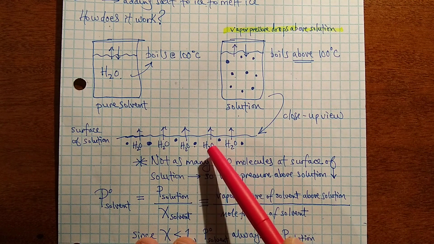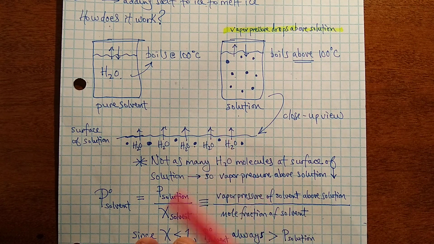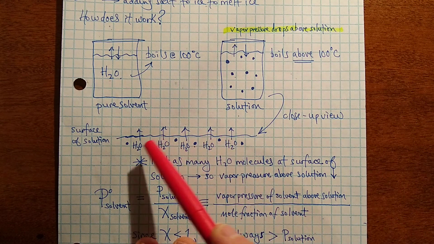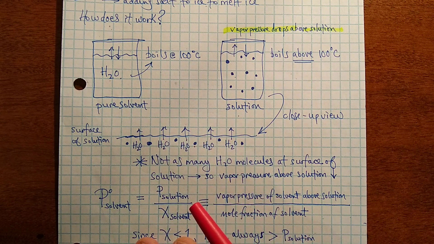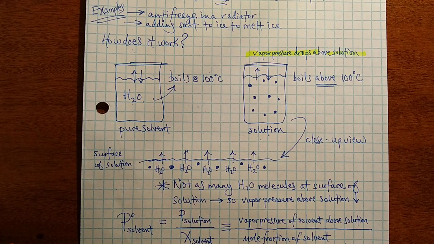It's going to take more energy to push those out of the liquid state into the gas state. So the boiling point is going to go up because these blue dots represented by solute particles are in the way. They're not letting the water molecules evaporate as quickly as they would if they were just a pure solvent,